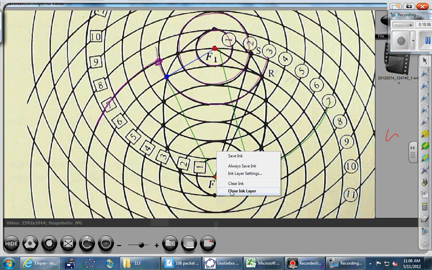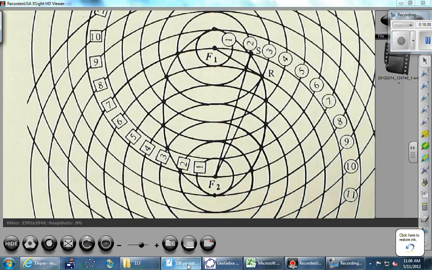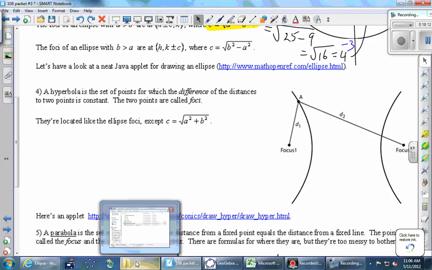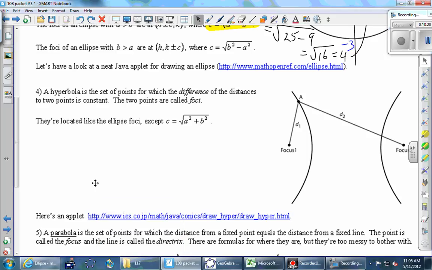Okay, let's come back, close, and here. Okay, so sorry, Chris, again with the hyperbola. Oh, I'm sorry, could you read the definition again? Oh, yeah. A hyperbola is